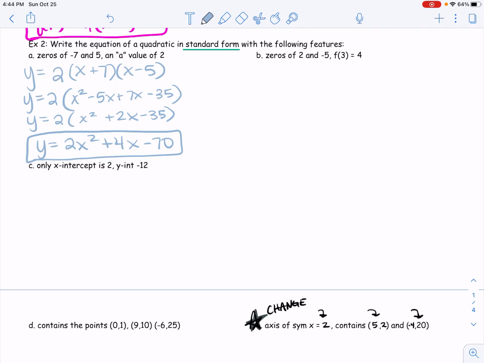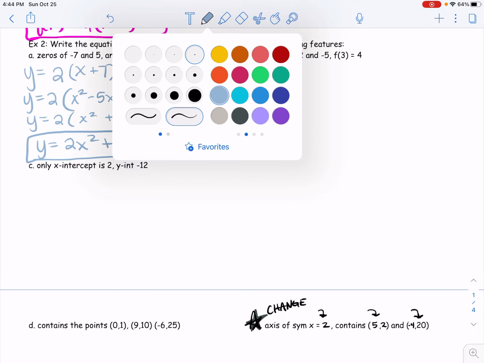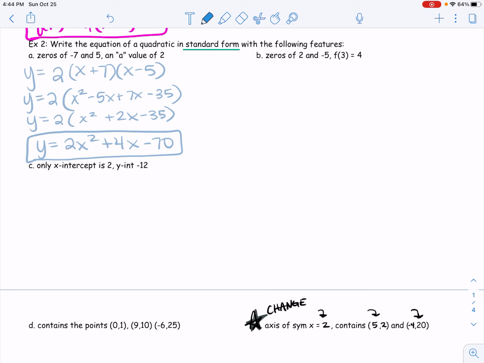Let's try it again. In the second one, they give us zeros of 2 and negative 5. So again, I'm going to use that root form and multiply out. But this time, they don't give me the a value. They tell me that f of 3 is equal to 4. So remember, that's 3, 4. So let's plug in what we know. y is equal to a times x minus 2 times x plus 5. And then let's plug in 4 for y and 3 for x